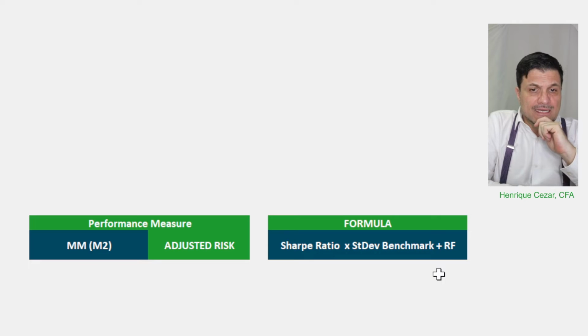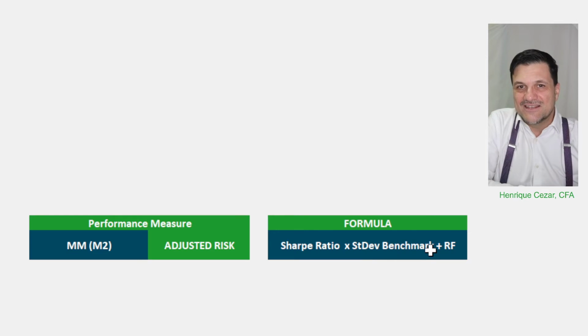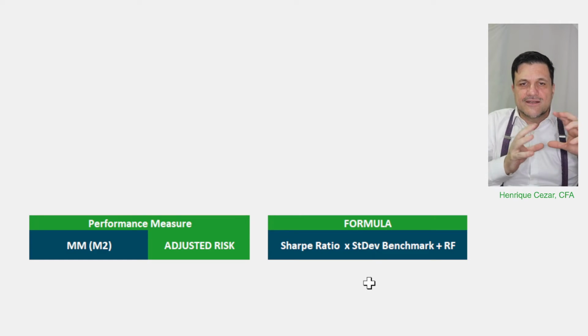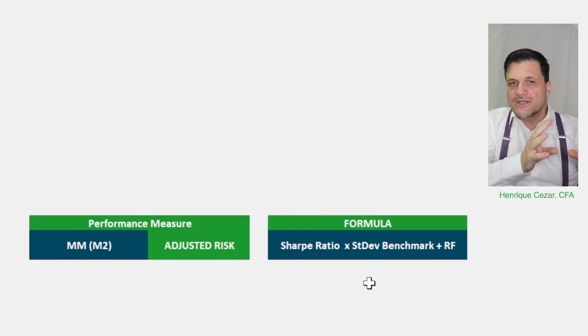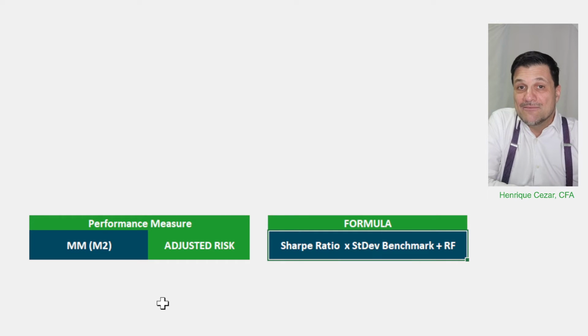Okay, but even if you don't add the risk-free rate, we still could infer if one manager did better than the other just by taking a look at its Sharpe ratio adjusted for the standard deviation of the benchmark. So you make an adjustment. So it's called risk adjustment. I'm adjusting that Sharpe ratio now, including the standard deviation of the benchmark. Let's put it there and see what happens. So that's how we do the M square.